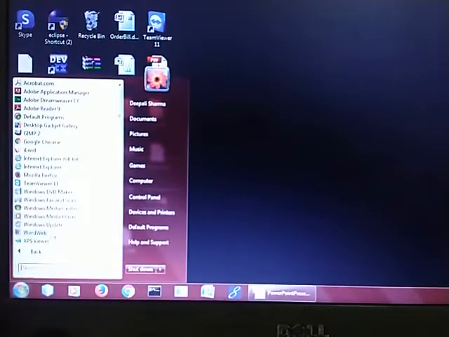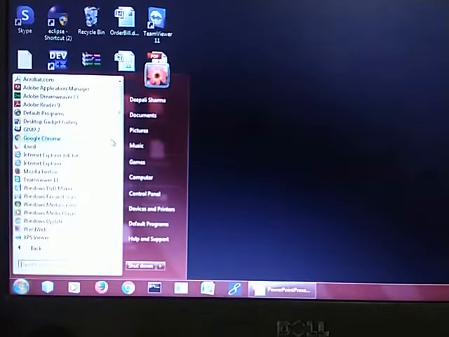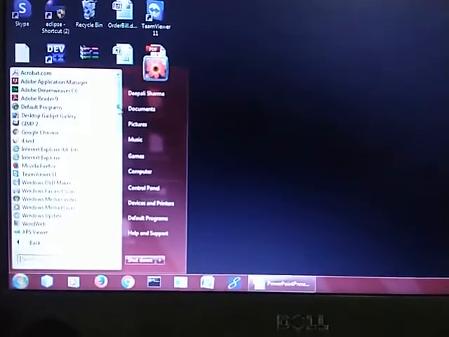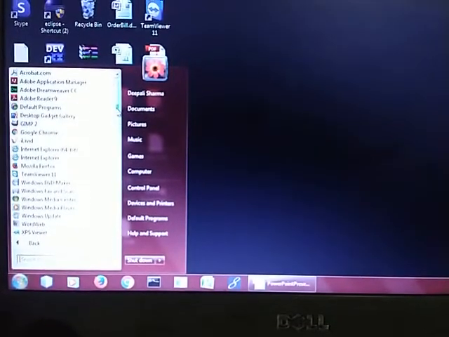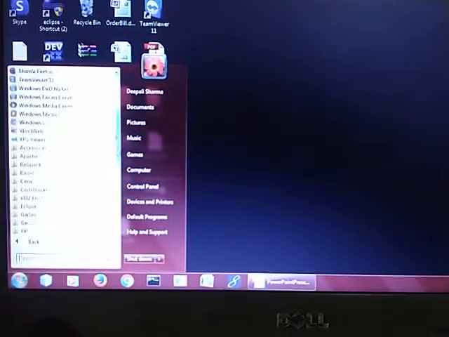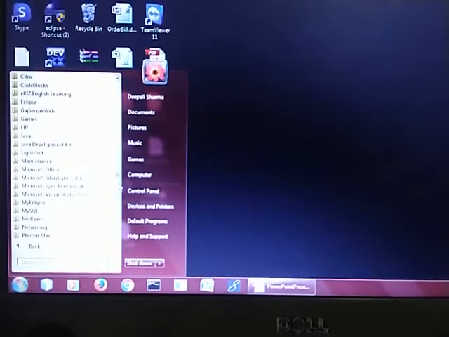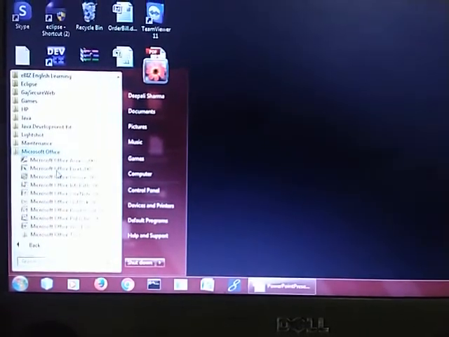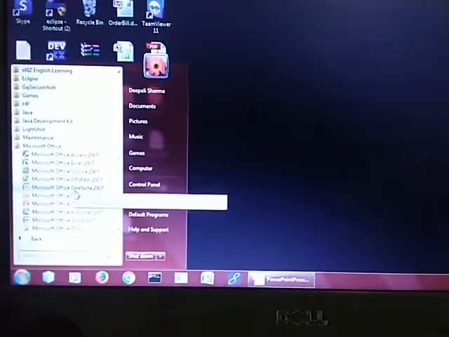Then here you have to search for MS Office. What will you search? You will search for MS Office. Let me scroll down for searching MS Office. See, here it is, Microsoft Office. Click here. Then over here what you will find?